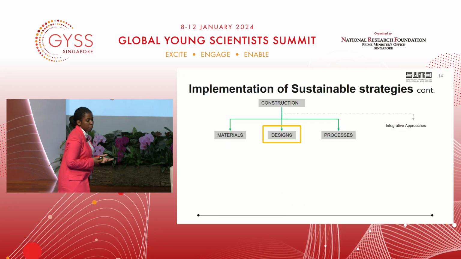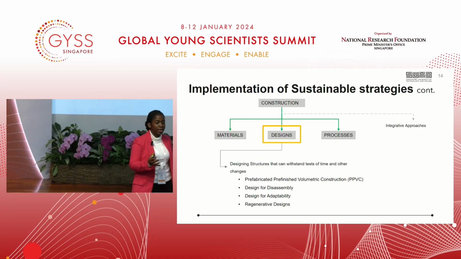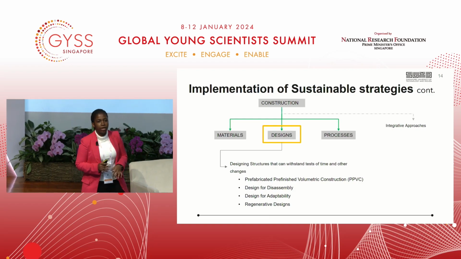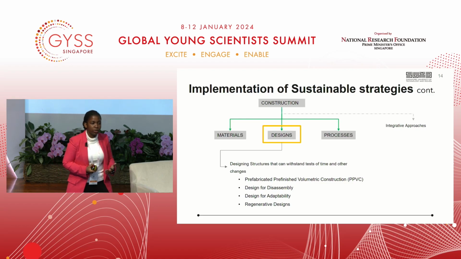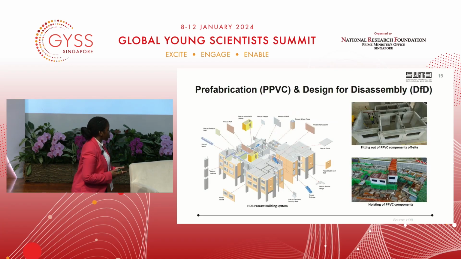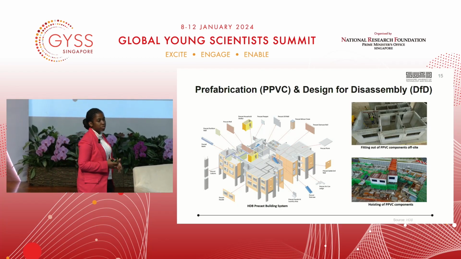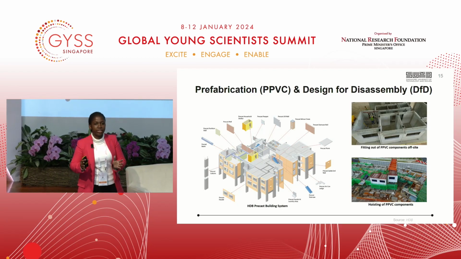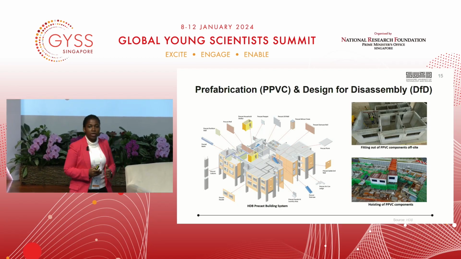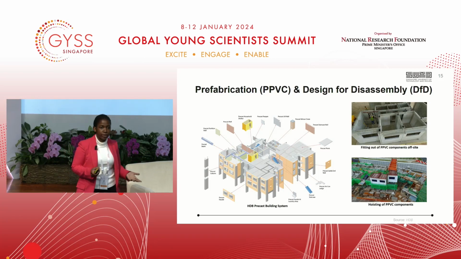Although we talk about materials, we also have to talk about the designs that we create. Here is when we really start to think, how are we designing the building itself? We have to think whether we want it to be disassembled easily so we can reuse the components of the building, or whether we want the building to be adaptable in the future. The first way, we always think about prefabrication. Prefabrication allows us to create a design that can be iterated easily on the construction site. But also, design for disassembly allows us to disassemble the components in the future and reuse them as different parts in a different building.